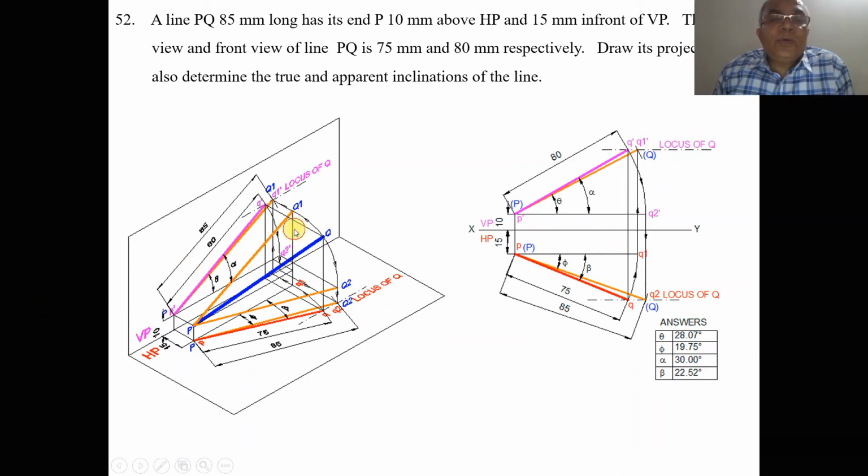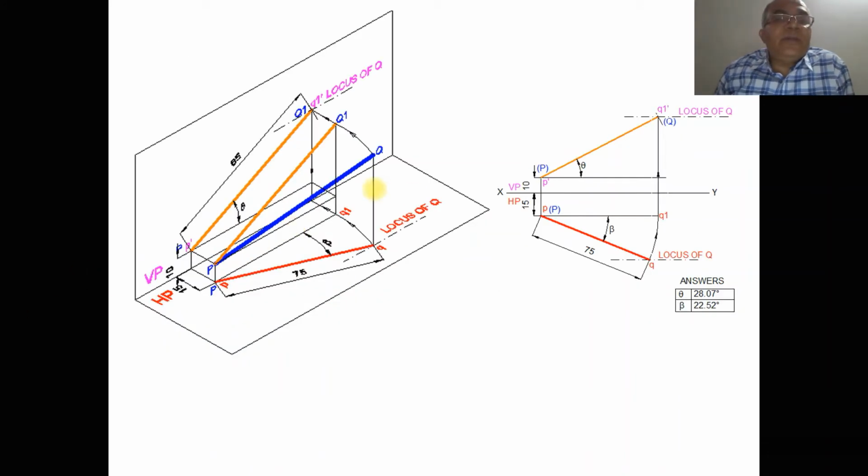Now we need to solve individually. So what we do, we go for the first one. So here we want to find the true length in the vertical plane. To find out the true length in the vertical plane, we have to make the top view line parallel. So how to make that parallel now? Here, first we take PQ, which is parallel to VP.